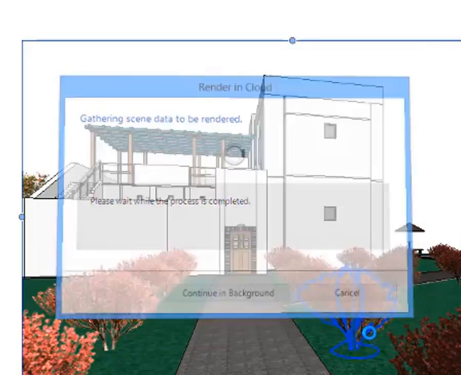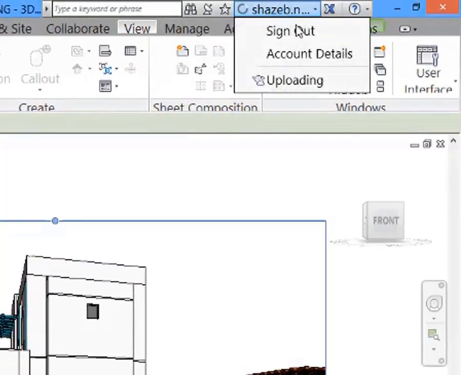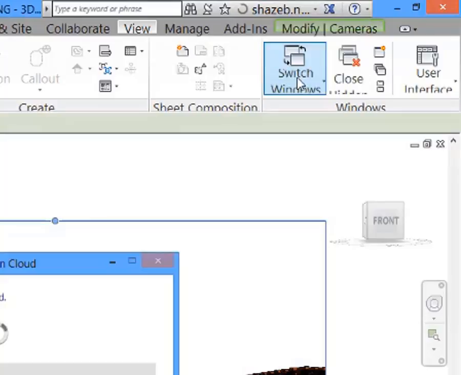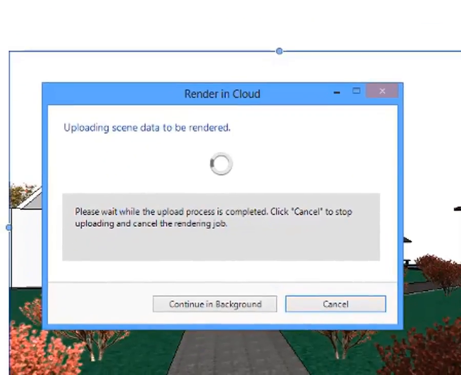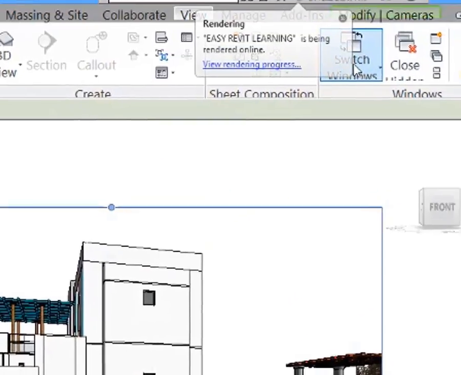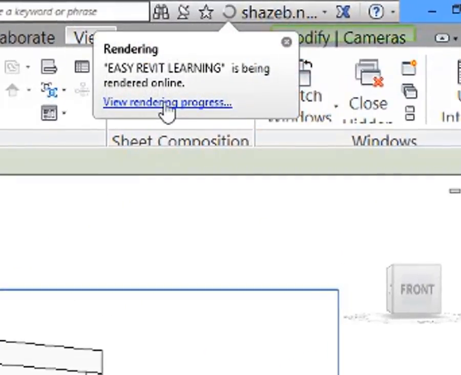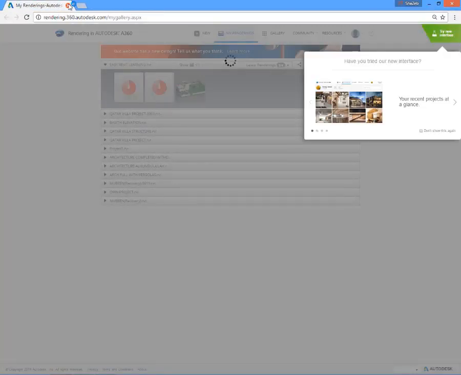Now for the process, it will gather all the material. We can see here the uploading process. When we click start rendering, first the cloud will collect all the data of the scene, meaning whatever materials are available in the scene, like tiles, paint. Then it will show a notification, view your rendering progress on the internet. When we click view rendering progress, it will open our browser and it will show us how we have rendered our model,